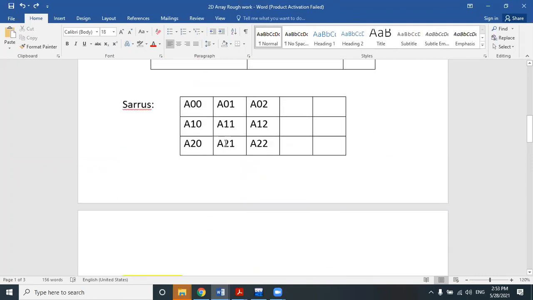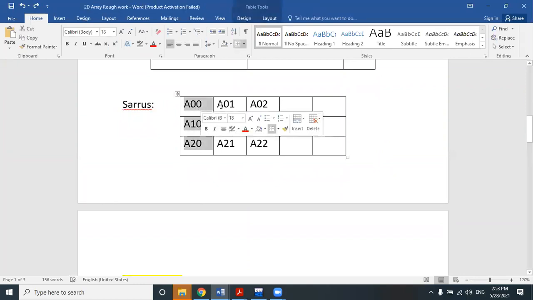So what is the Sarrus method? It tells you how to perform this determinant calculation. Very simple. You first assume a copy of the first 2 columns of the input matrix as the fourth and fifth columns.